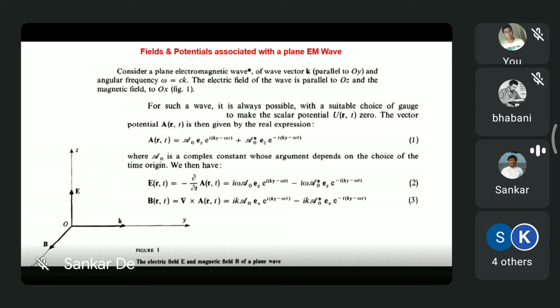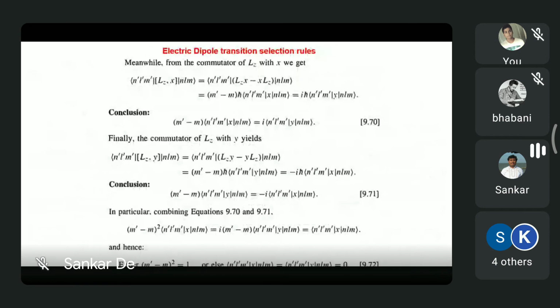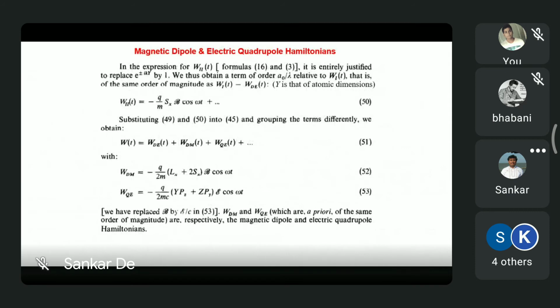So in the case of the electric field P dot A, we wrote the form of A, and in the case of S dot B, we took this form of B, which is this one. This is also correct, right? Yes, sir. So if you work all these things together, just like we have worked for the electric dipole, you would get the expression which is given by this equation 50 for the magnetic dipole. This is very similar to how you have worked W1. Now you are doing it for W2.